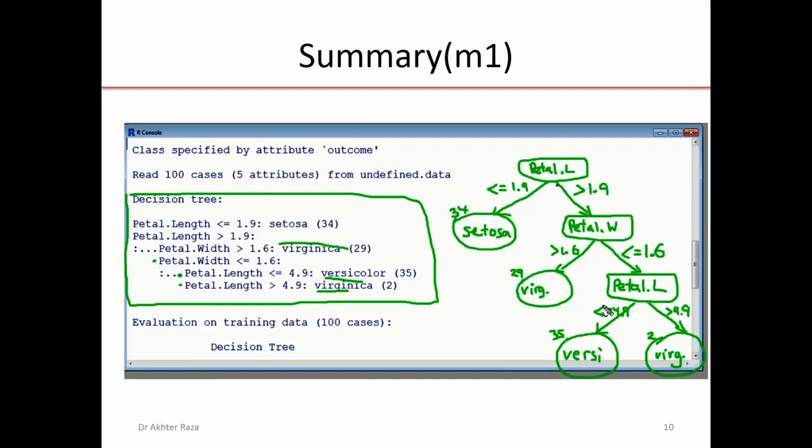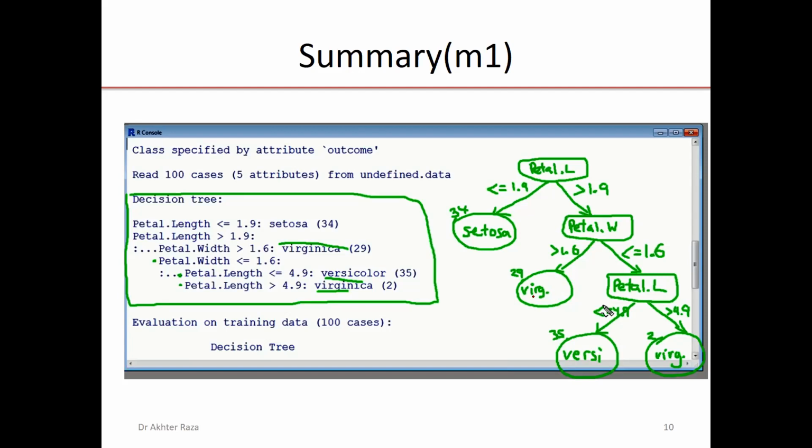But if the petal length is more than 1.9, then the tree is further subclassified on the basis of petal width. It will check the petal width. If petal width is more than 1.6, then there are 29 cases, it is Virginica.